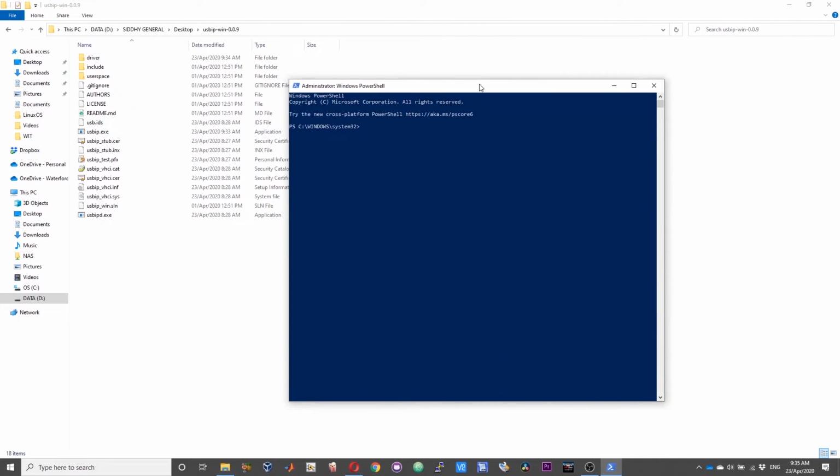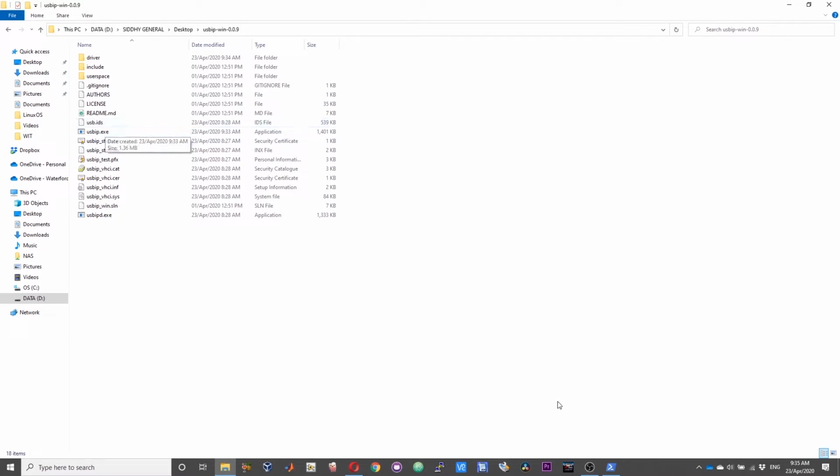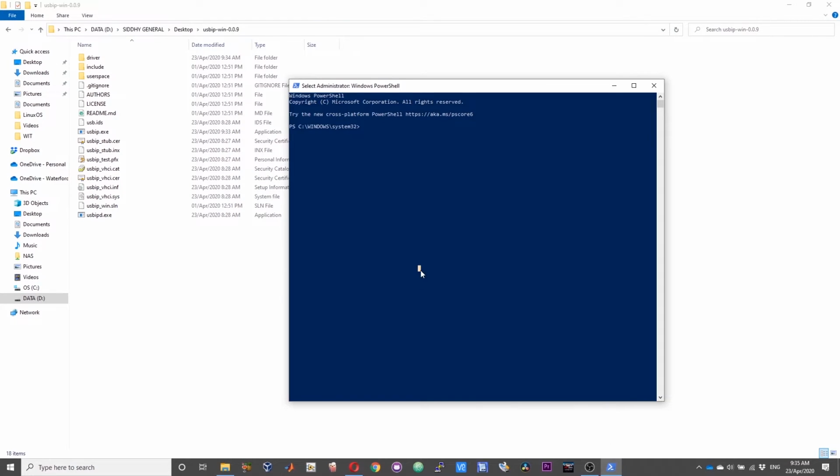Okay, now we are all set. We have disabled the antivirus, and we have got the usbip file back again. Copy the path, change the directory, and now ./usbip.exe install. Now you'll get a message that the driver has been installed successfully.